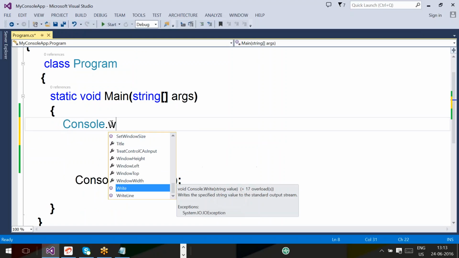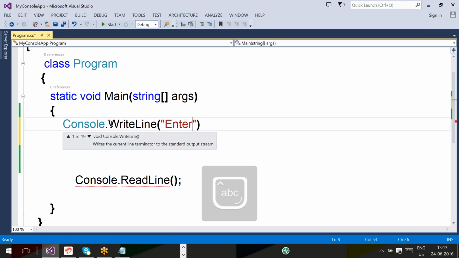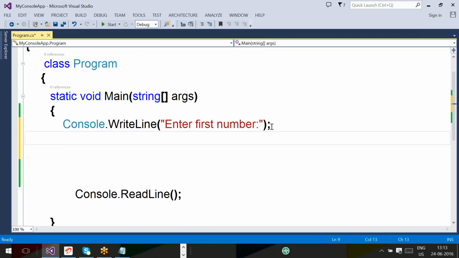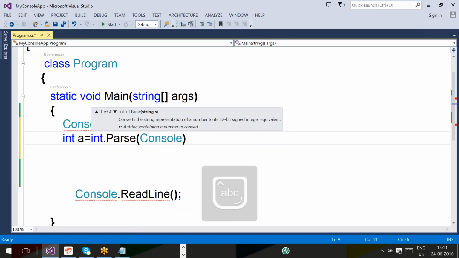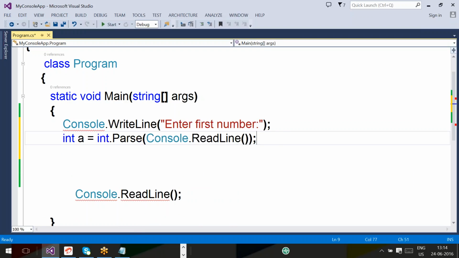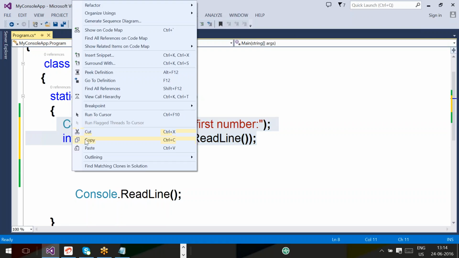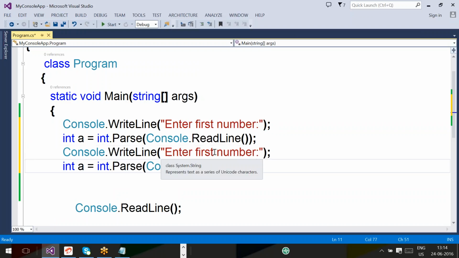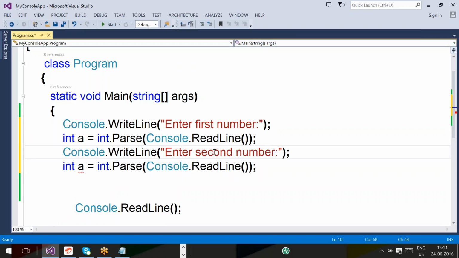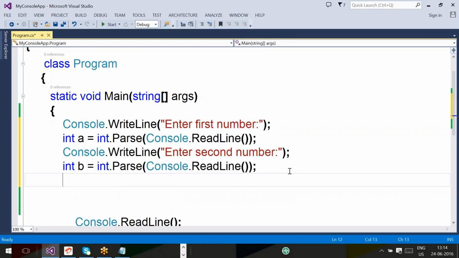Console.WriteLine("Enter first number"); int a = int.Parse(Console.ReadLine()); Console.WriteLine("Enter second number"); int b = int.Parse(Console.ReadLine()); while (b == 0)